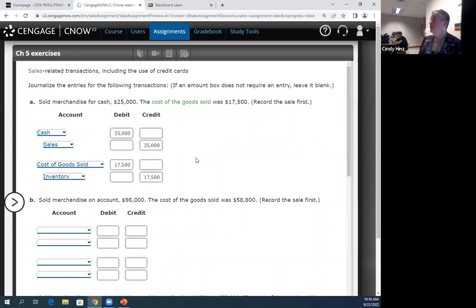It tells us in the directions to record the sale first. From a realistic standpoint, if we are using a perpetual inventory system, this is all going to be computerized and those entries happen simultaneously, or at the same time. So we don't have to enter two separate entries. The computer does both of them together at the same time. It records the revenue and it also, what we call, relieves the inventory.